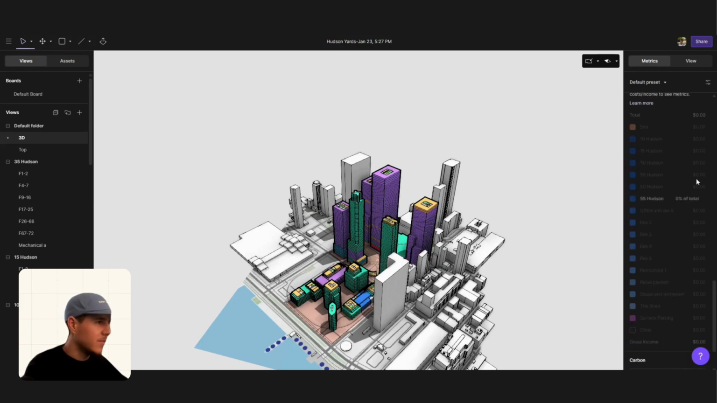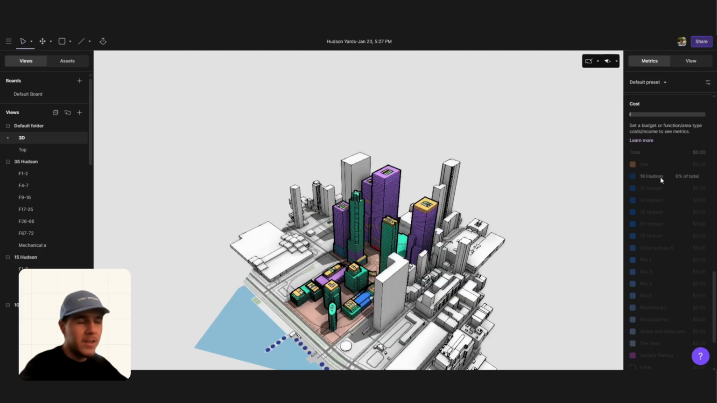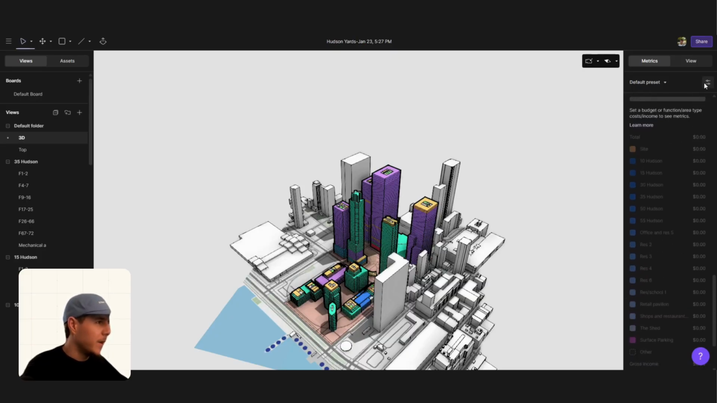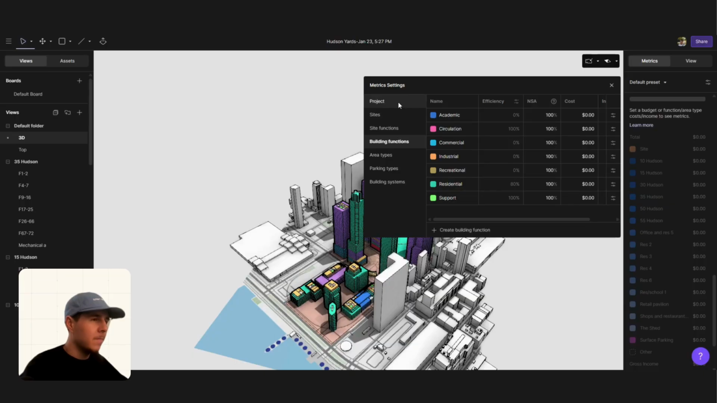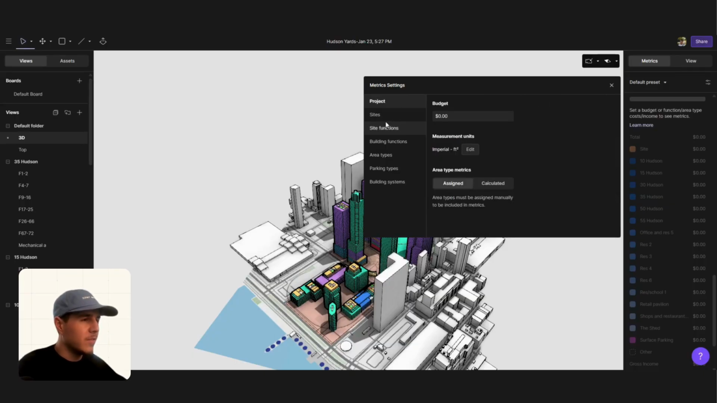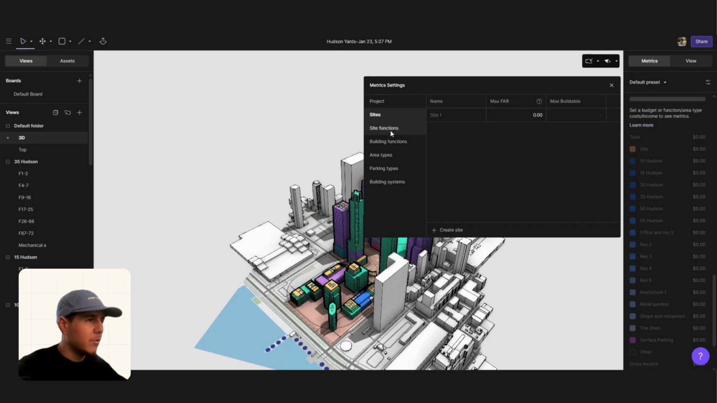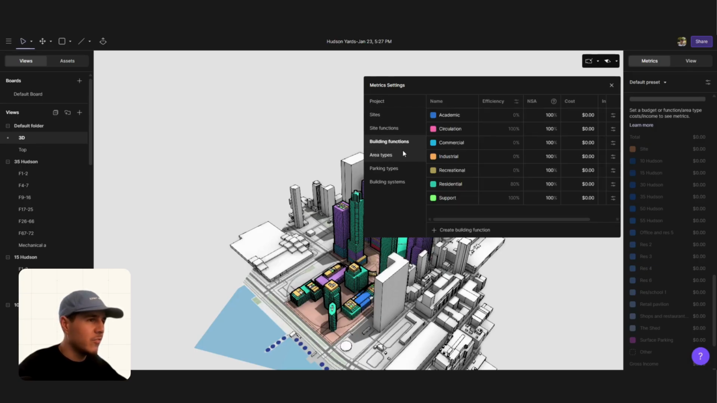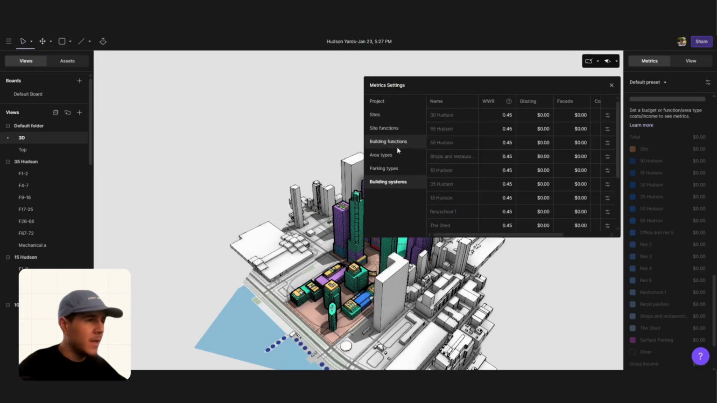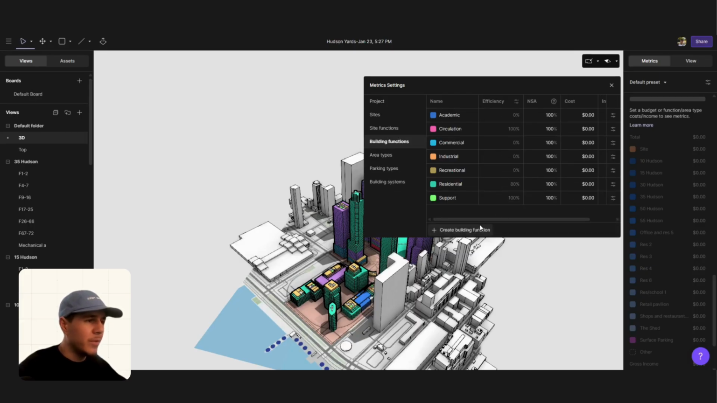Now costs is not covered right now, as you can see. That's because I didn't set any costs for any functions and did not set a budget either. So we're going to do that right now. I'm going to press on this little button, and as you can see, there's a bunch of different price metrics that I can set up. I've got budget, I've got the actual site, I can set prices for site functions, for building functions, etc. I am only going to be playing with building functions for now,